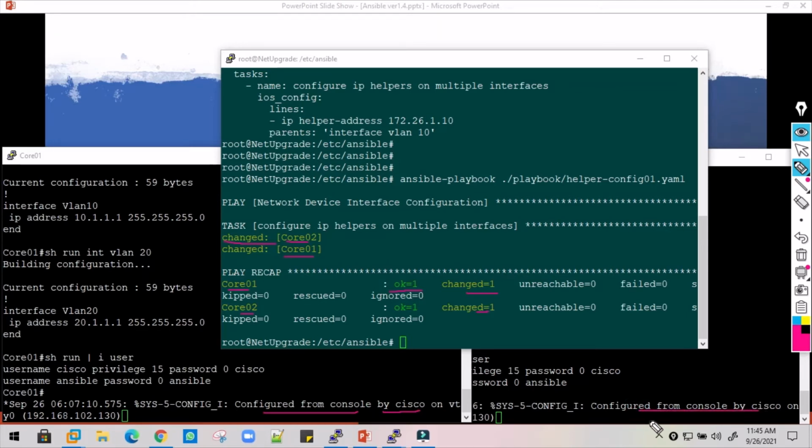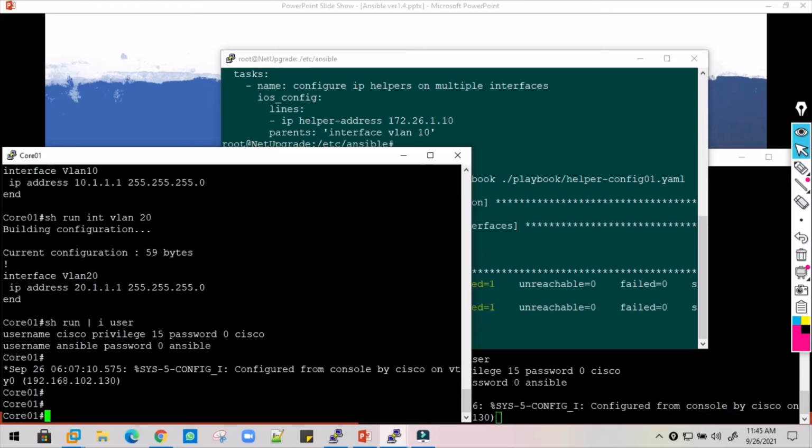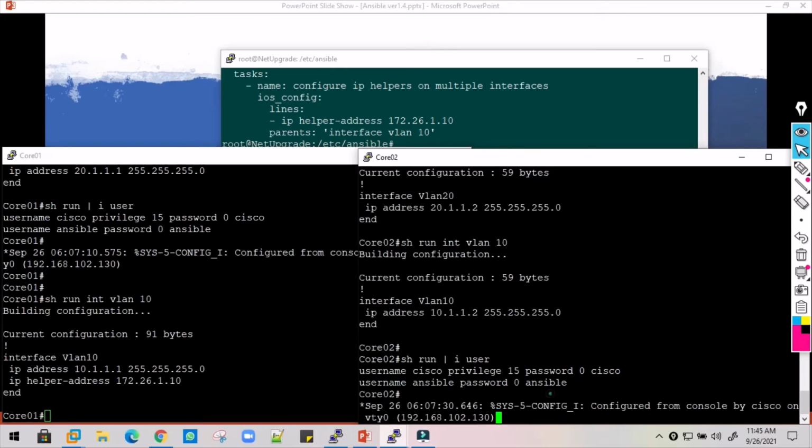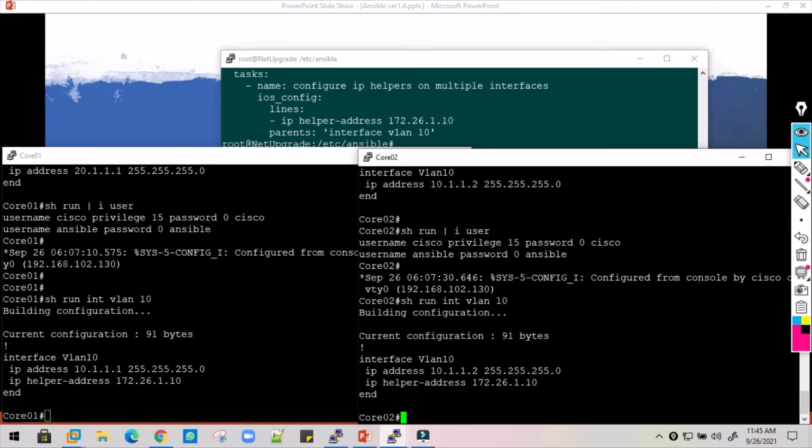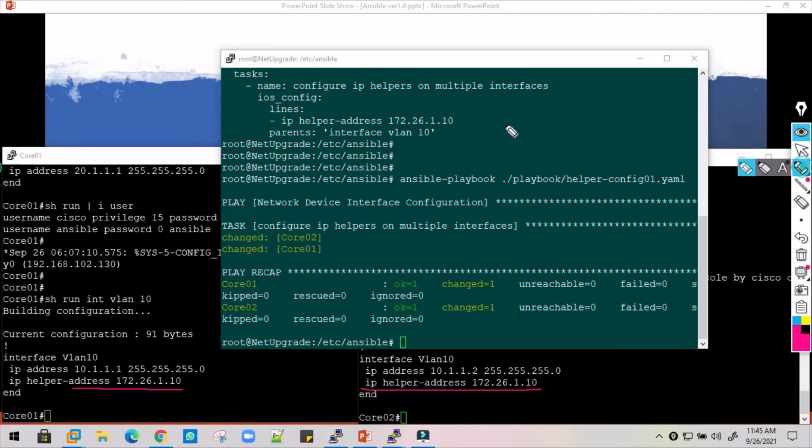Let's verify the configuration of VLAN 10 on core switch 1, and the same on VLAN 10 on core switch 2. If you have noticed, the IP helper address command has been successfully configured with the same IP address which we specified here on VLAN 10.